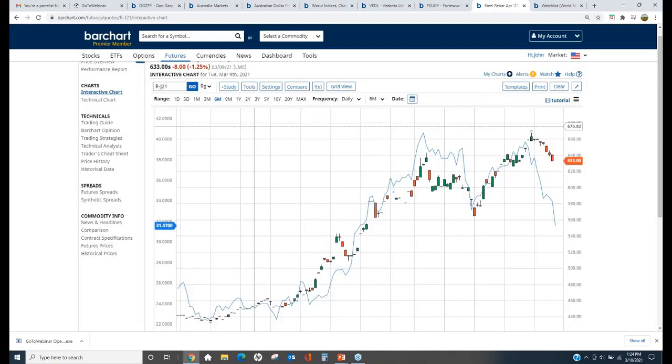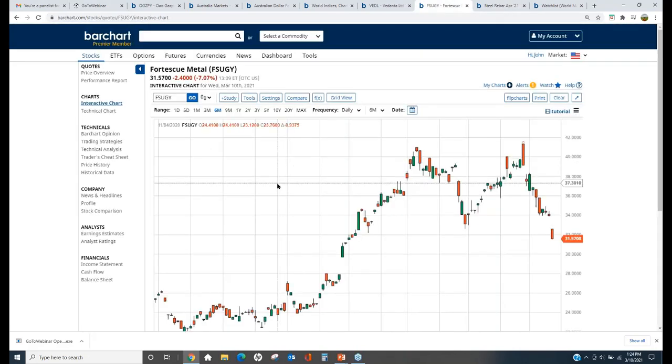And bingo, look at that. So what we're seeing here is the reason why that stock has performed really well is because money is flowing into Australia to buy iron ore so that they can turn it into steel. Now, notice that in recent weeks the steel prices have fallen, and so has the stock that we were going to look at trading, right? And so here's that stock today. So what I might do here is go a little bit deeper into the stock and look for trading opportunities.